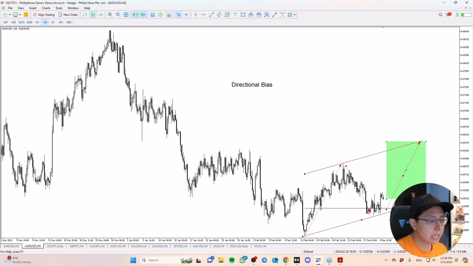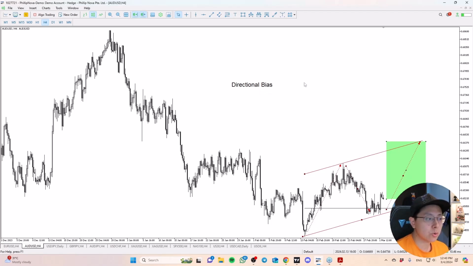So we have all these elements in place. My directional bias for the week as of now is going to be bullish, right? So I have a clear direction I want to focus on. I'm not interested in the sell at the moment, especially given where price is, but I'm more interested in whether I can catch this upside. So we have the direction.